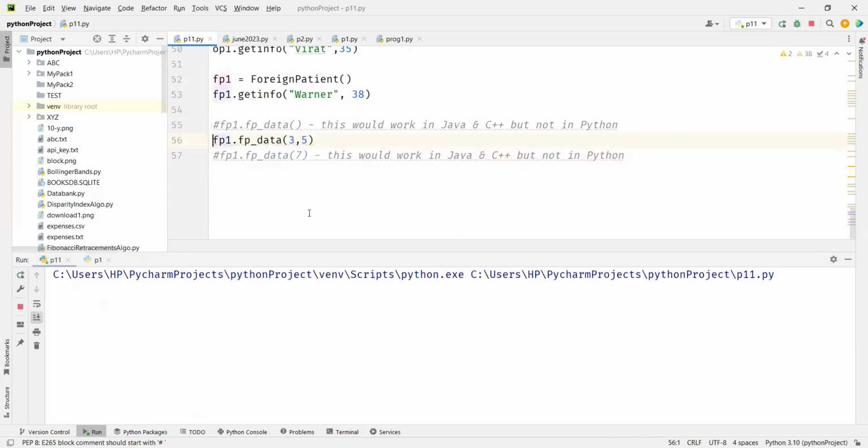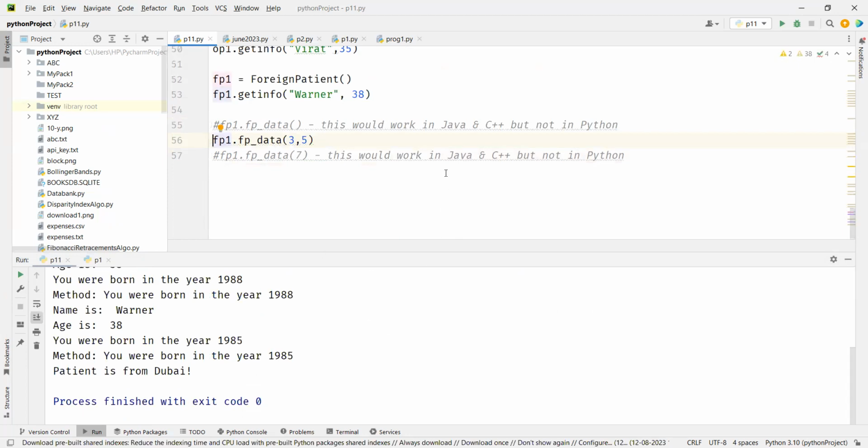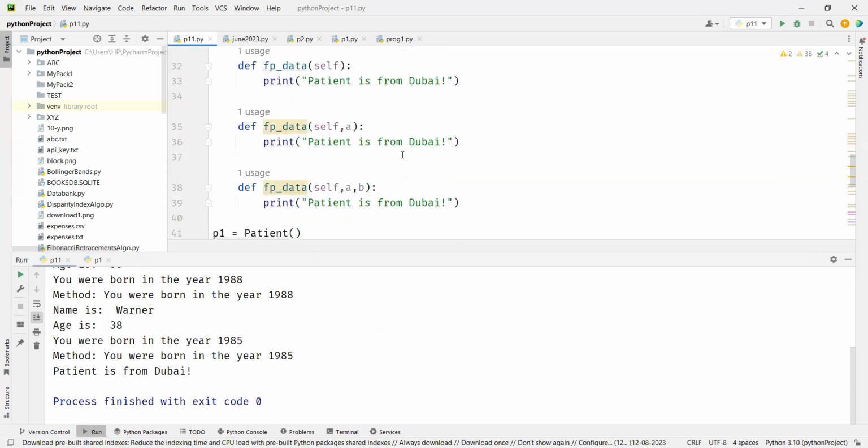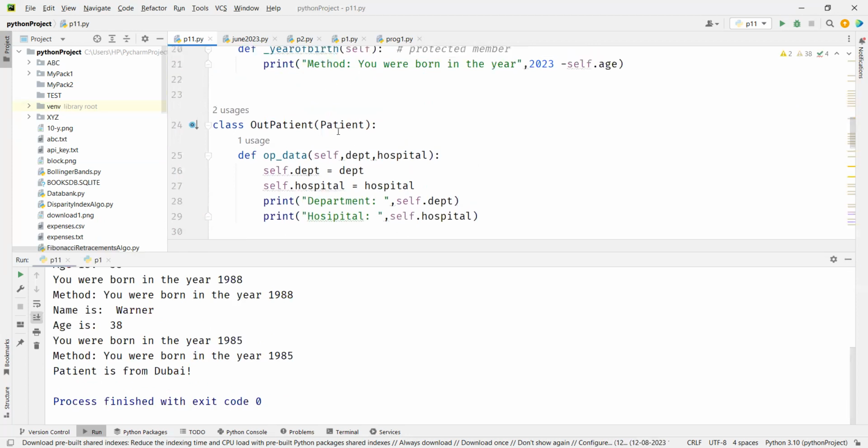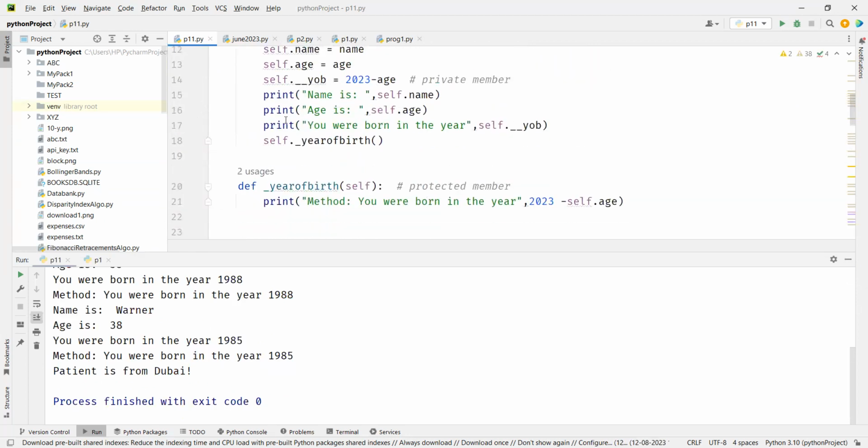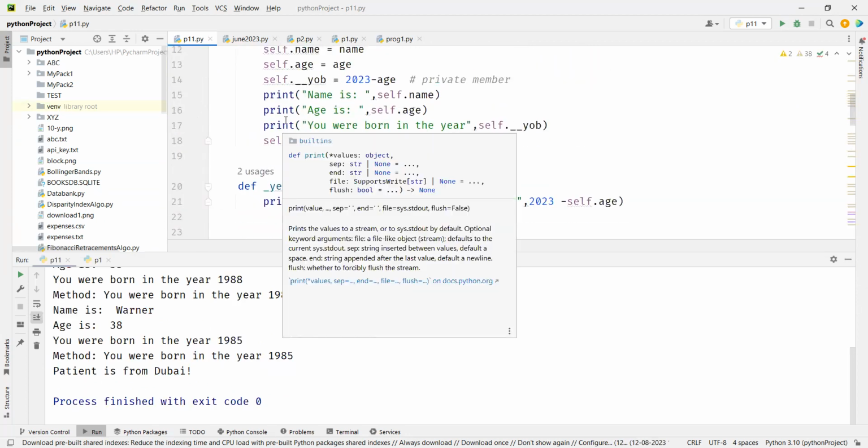Okay, so this is not polymorphism, right? This is a normal thing. Polymorphism means you can have a FP data in parent also. So it's like you have your own car and you have your parent's car. Then what happens? Then you will use your own car, not parent's car. So far what we have been seeing, you can inherit parents' properties. But when, let's say,